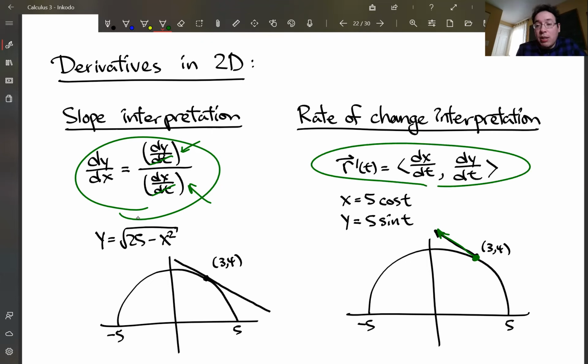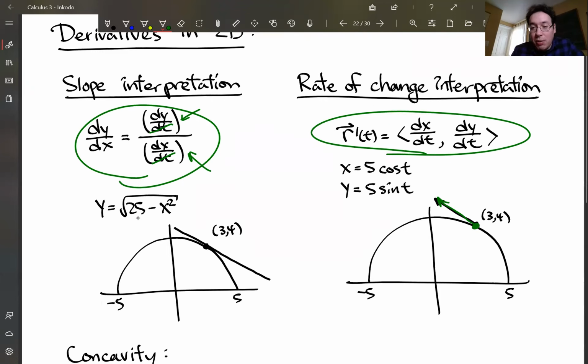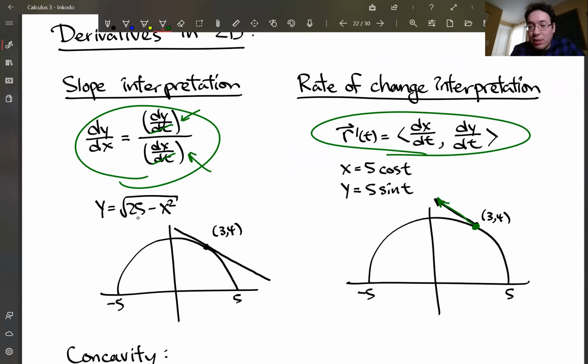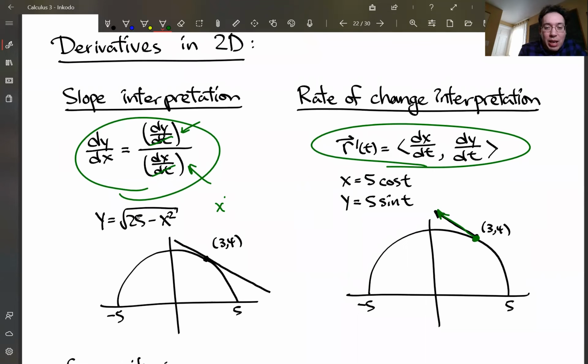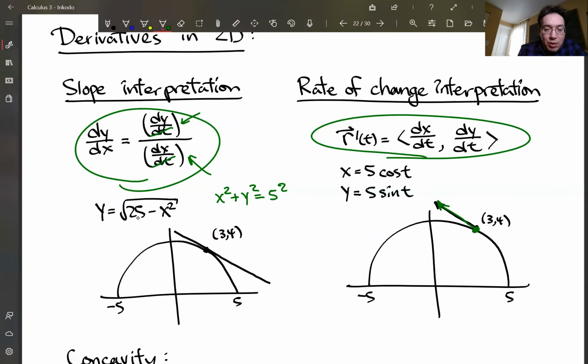So the derivative makes more sense as a vector in that setting. So I'll try to draw the two separate interpretations, right? If you were looking at a circle of radius 5, and you're looking at a particular point 3, 4 on that circle,